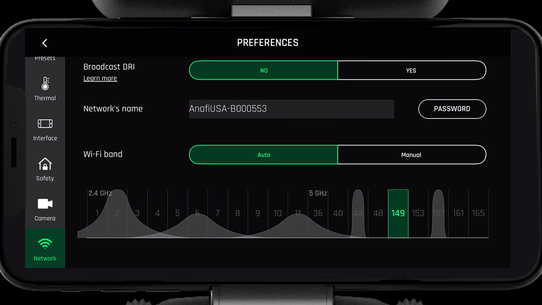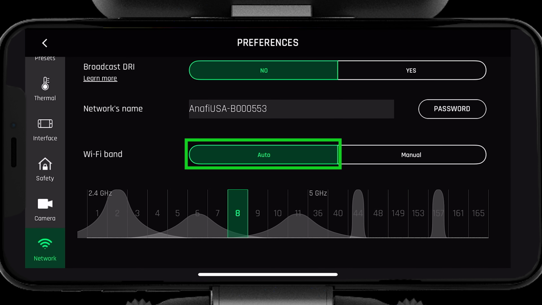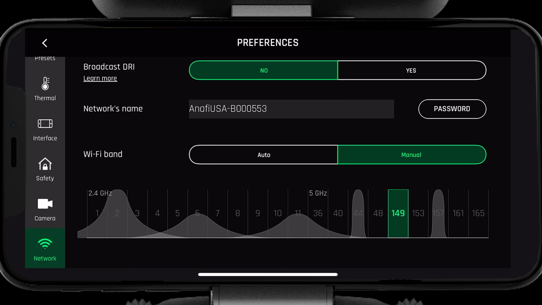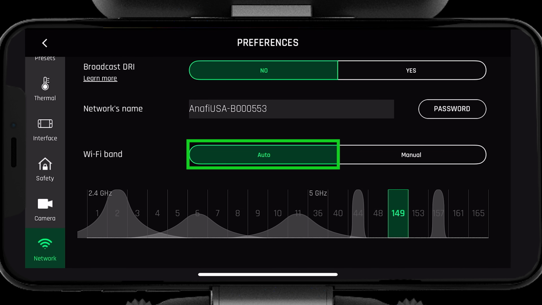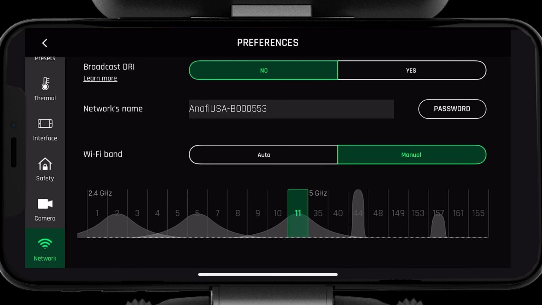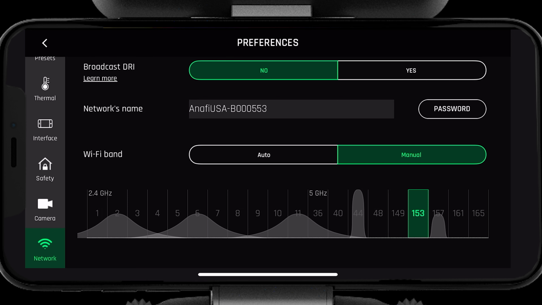First, let's go over Auto. Select a channel in 2.4, then select Auto. The system will now scan the 2.4 GHz channels and select the best one for you. To use Auto in 5 GHz, select a channel in 5 GHz, then select Auto. If you are operating in highly populated areas or areas with high frequency clutter, you may be better off selecting